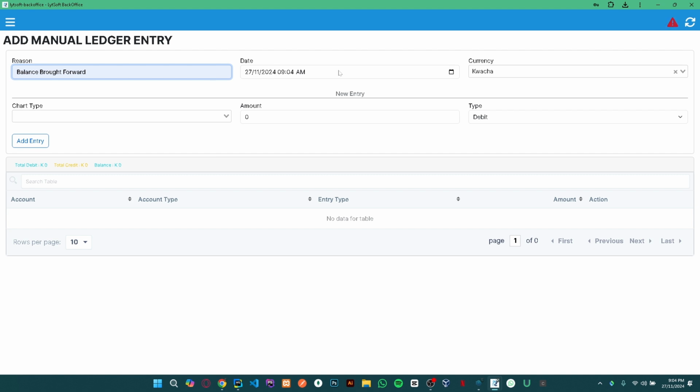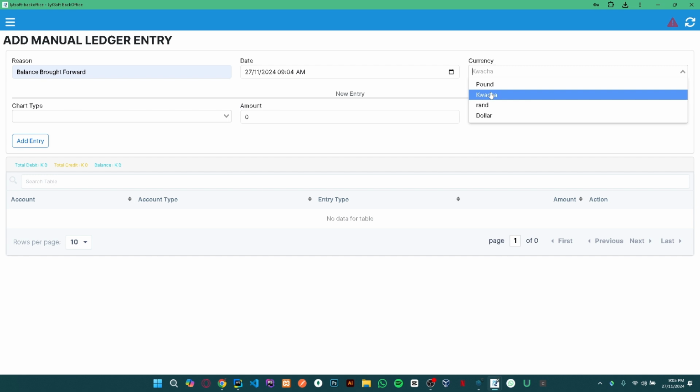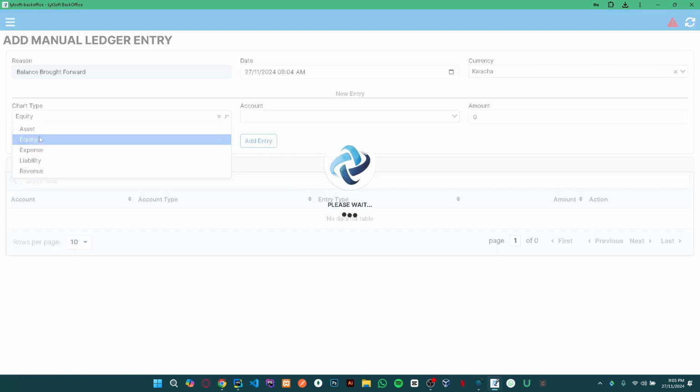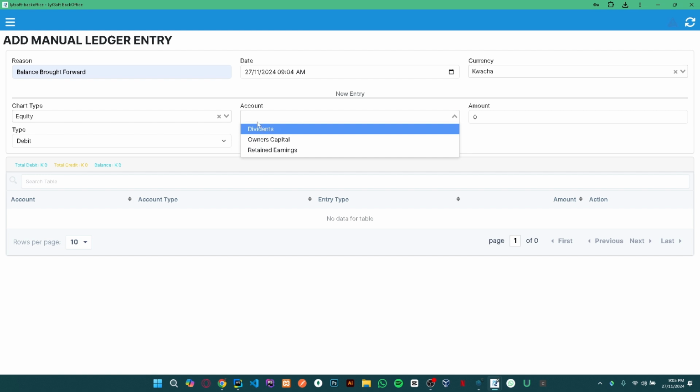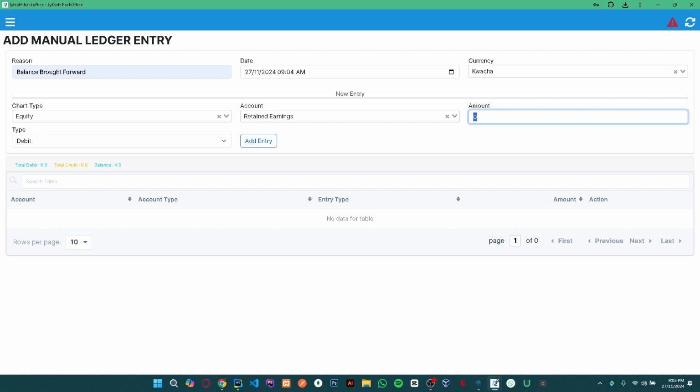Then this is the time and date for, let's say, when we want to set the opening balance. Then the currency, depending if it's in a foreign currency or not. So I'll leave it under quarter there. Then here under chart type, we need to select equity. Then here under the account, we need to reset to retained earnings. Then the amount. So let's say if the amount is, let's say